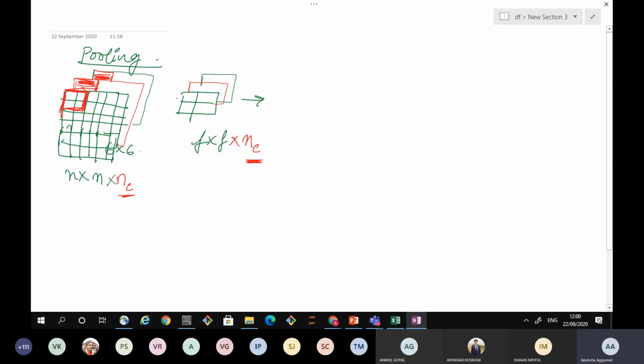So this cube is superimposed on this cube, and then we are calculating the first position over here. Okay, so we get an image of size r cross r, and the value of r was n plus 2p minus f, plus 1, by s. So this was r. So the output size of this image is r cross r.